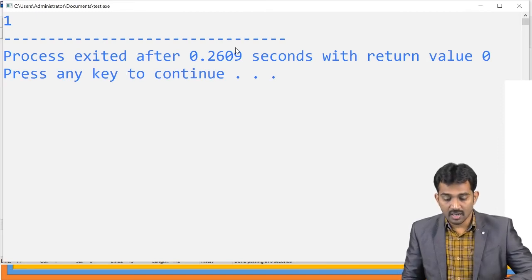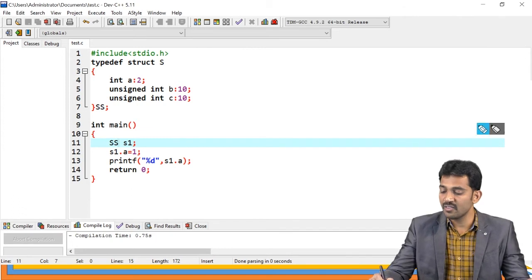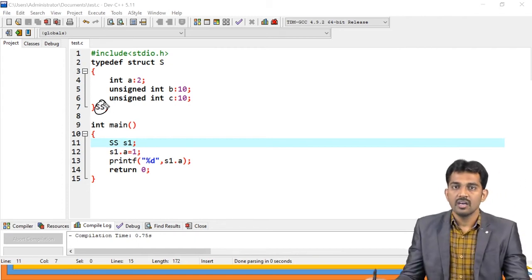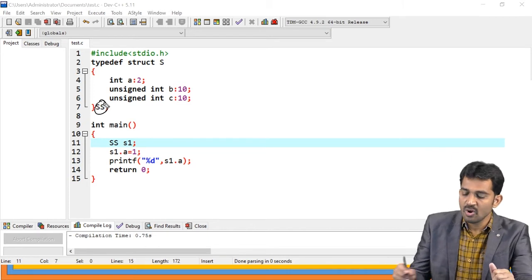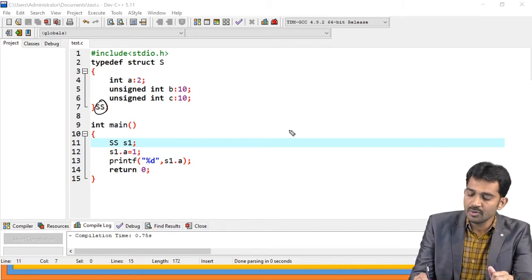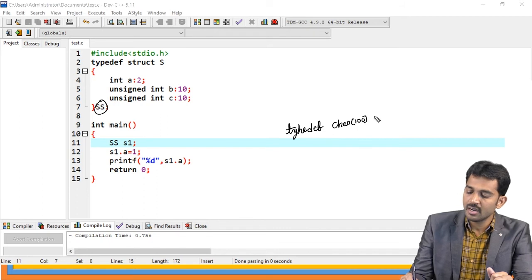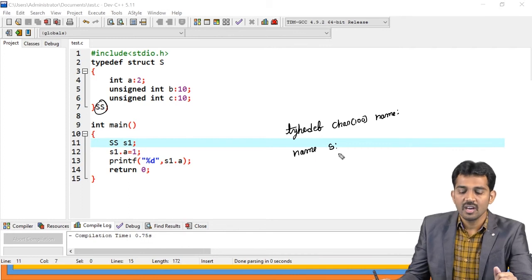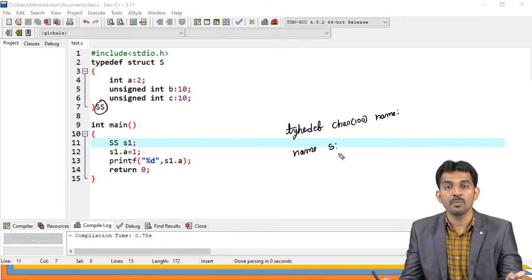So what I did, the alias name for this: instead of using struct s, I just made this as ss, right? As well as, you don't have a string type, yes or no? If you want to create the name type, what I'm going to do is typedef of char of 100 as a type of name. So the next time when you create a name of ss, it means this is a string, right? So like that you are going to create your own types. That is the purpose of the typedef.